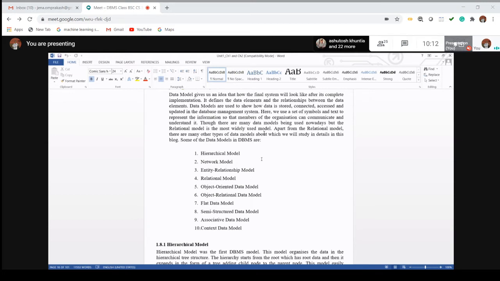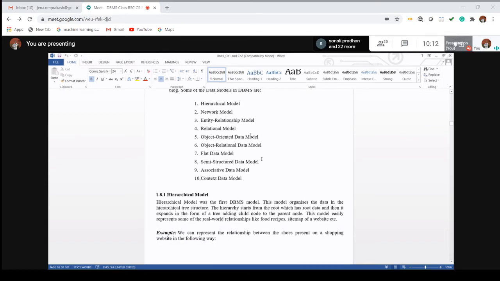Those are the different types of data models in which we can store the data, access the data, retrieve the data, and perform different types of operations on the data. Mostly the relational database is used, but those other data models exist. So we'll go one by one.